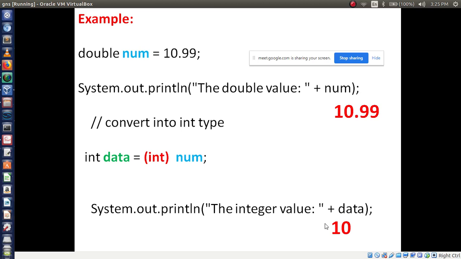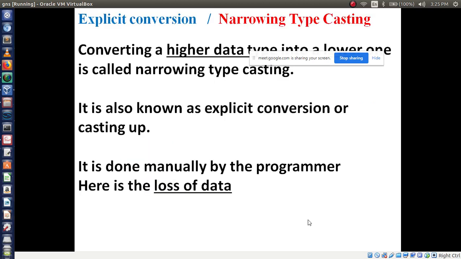I didn't get 0.99 here. Is that clear? Understood this concept? That's why I wrote here there is loss of data. While converting higher to lower, you will get loss of data.